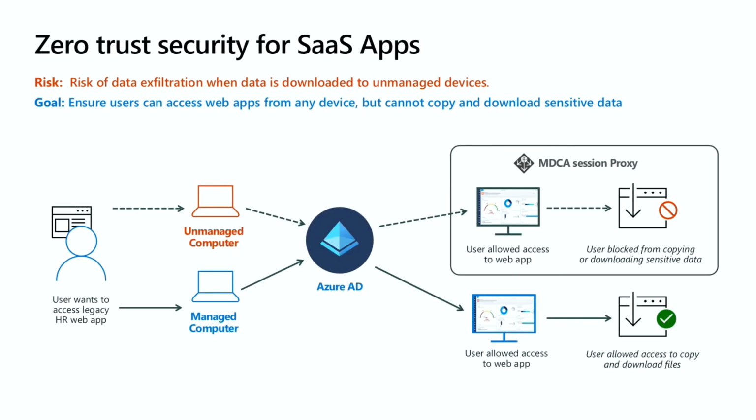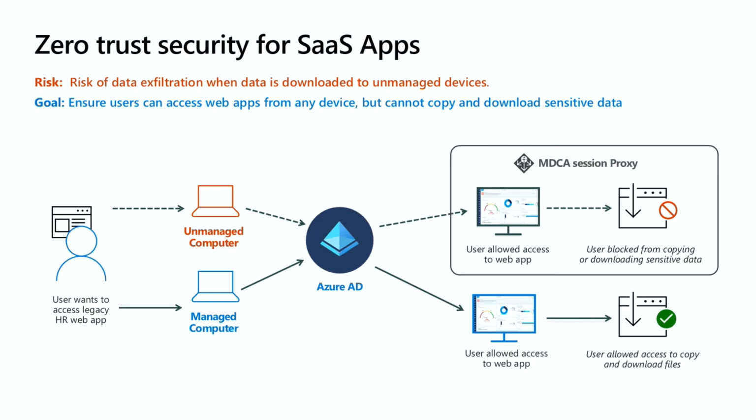So as we go to protecting your SaaS apps, here's a good look on how you can use our session control. So let's say you have a legacy web app, an HR web app, something sensitive, and you're trying to access this from an unmanaged device. Well, Azure AD conditional access would say, all right, we see where you're coming in from. It's unmanaged. We're going to give you an experience where we're proxying that session, but you can still get to it from your unmanaged device, but we're going to monitor and prevent you from taking certain actions while you're in the session. That might be preventing you from downloading content.